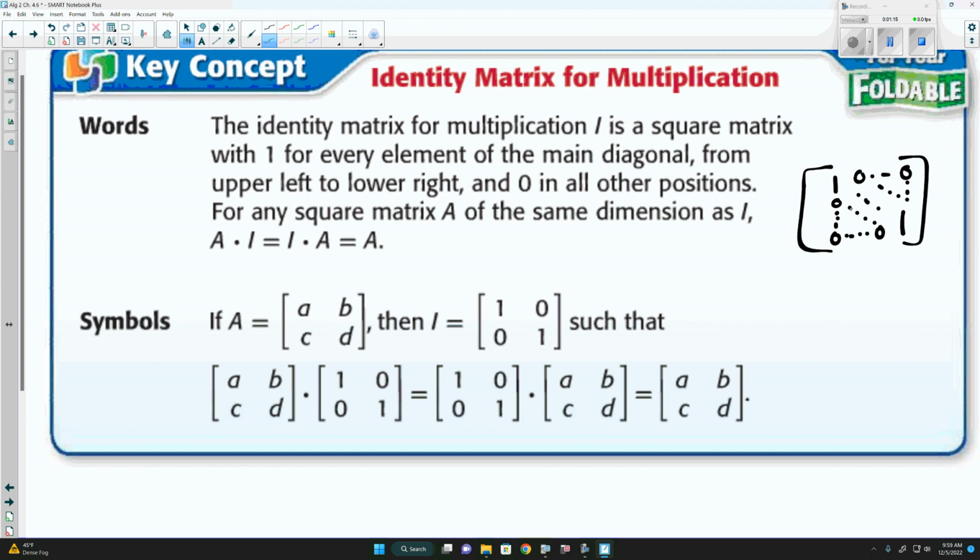Square matrix, diagonal of 1s, everything else is 0. Whenever we use the dot, dot, dot, that just means everything in between is the same. So the 2 by 2 identity matrix would be this right here. If it was a 3 by 3, well,